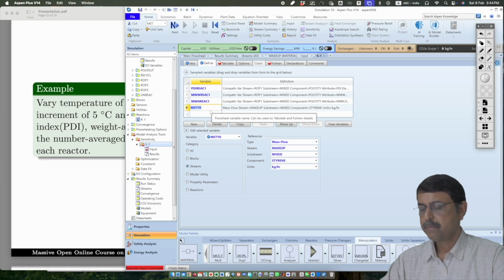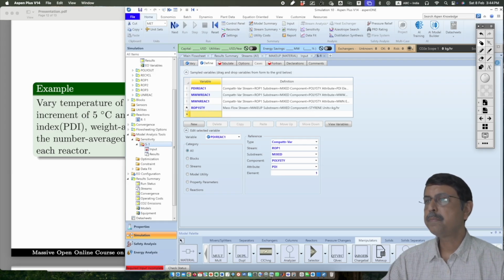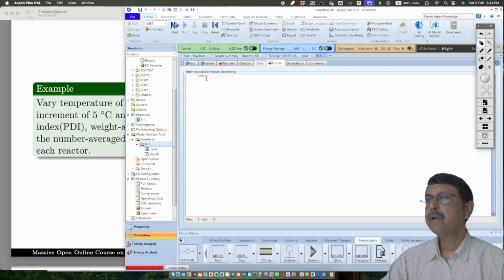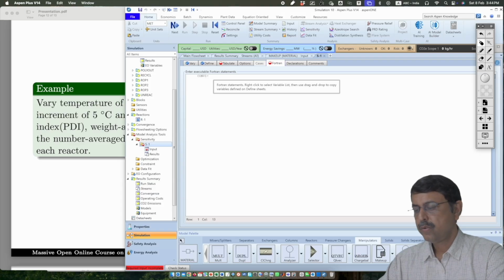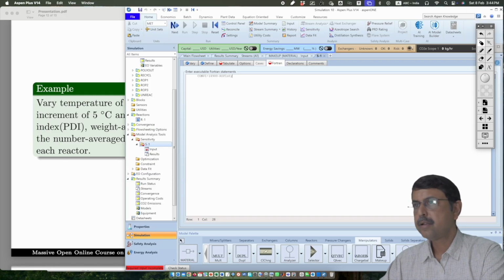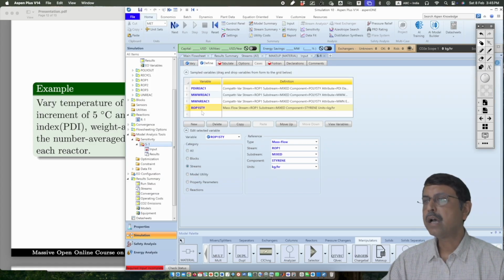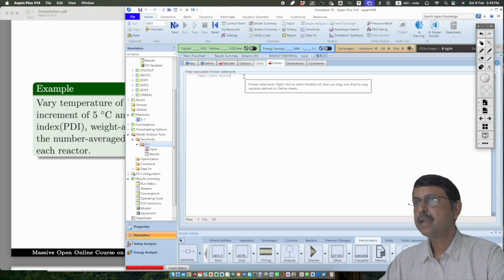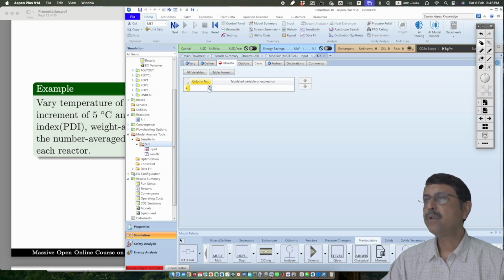We will write it as ROP1 sty. Okay, so this is ROP1 sty, and we will define it as the ROP1 styrene, and our conversion will be 4,900 minus ROP1 sty, ROP1 sty by 4,900. Okay, and we tabulate